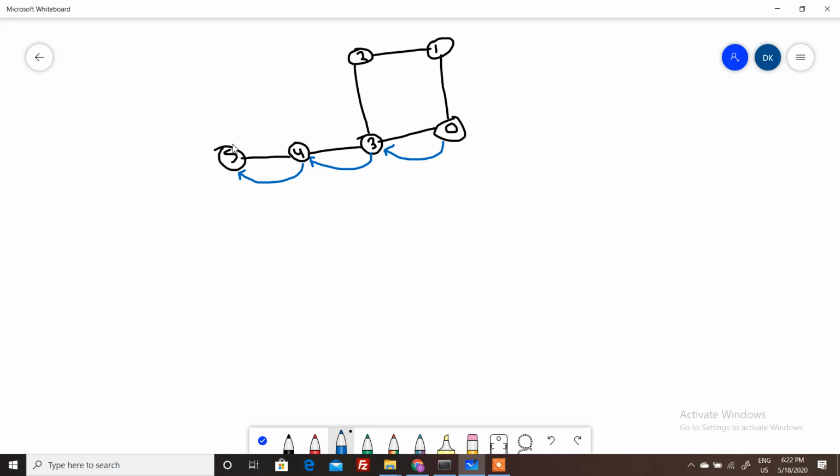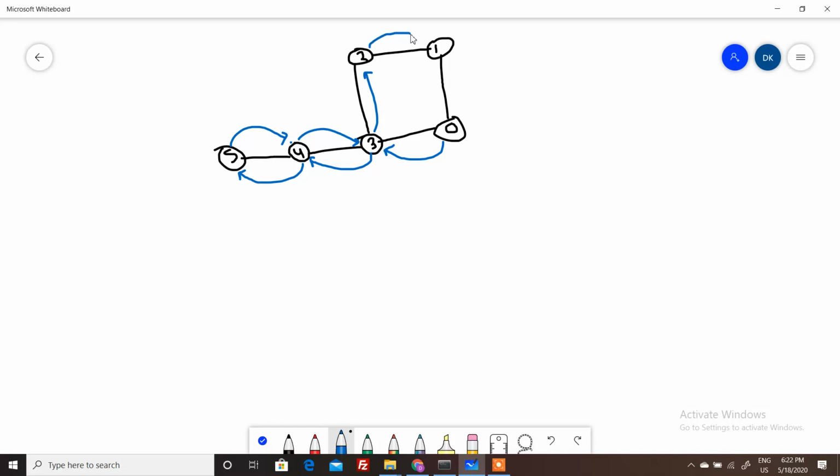So we will return from 5 to 4, and at 4 we check whether there is any neighbor which has not been visited. No. So we will return from 4 to 3, right? And now at 3 we check whether there is any neighbor of 3 that has not been visited. Yes, so we will go to 2, and from 2 we repeat the same process.